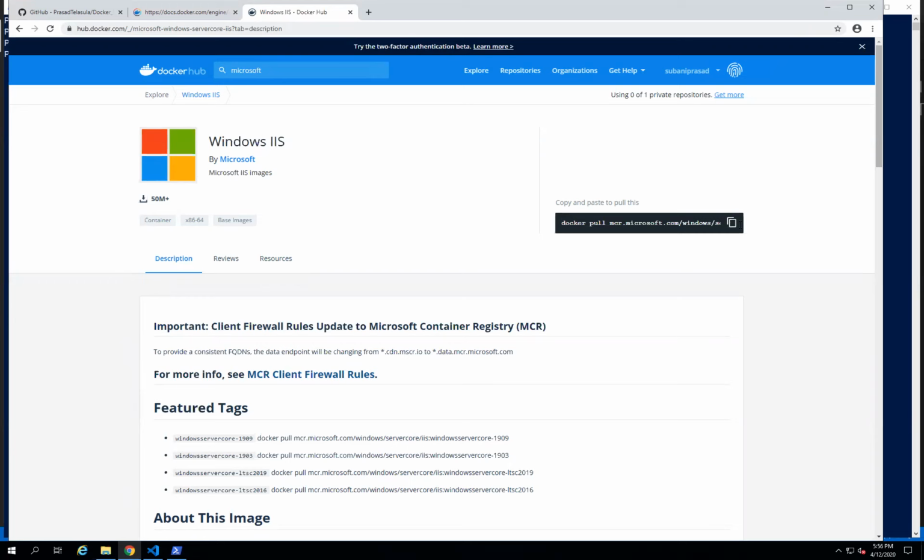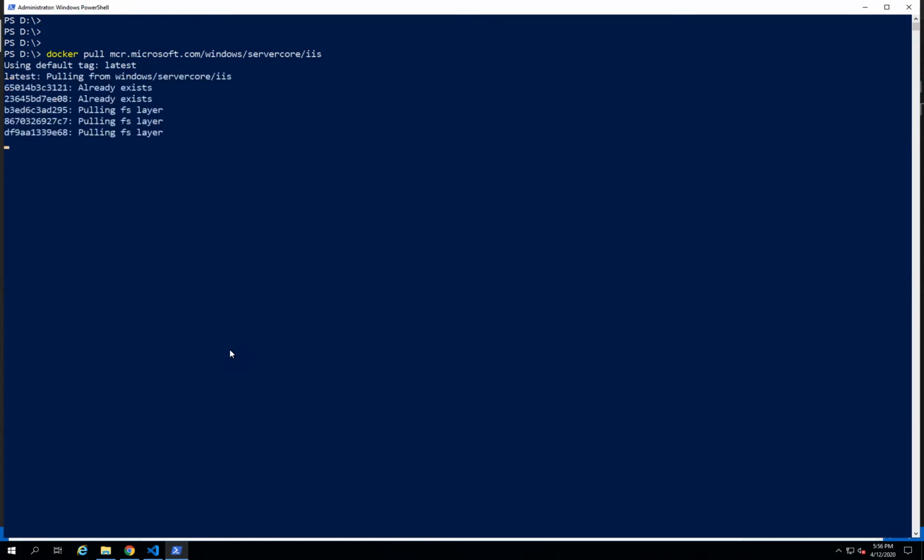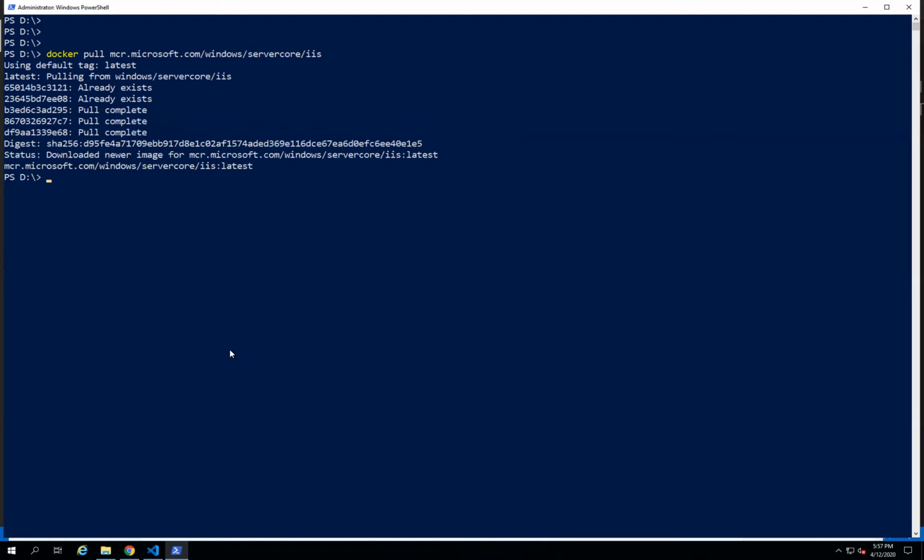So let's copy this command, docker pull, to download the image locally. The image is downloading. The image is downloaded locally.